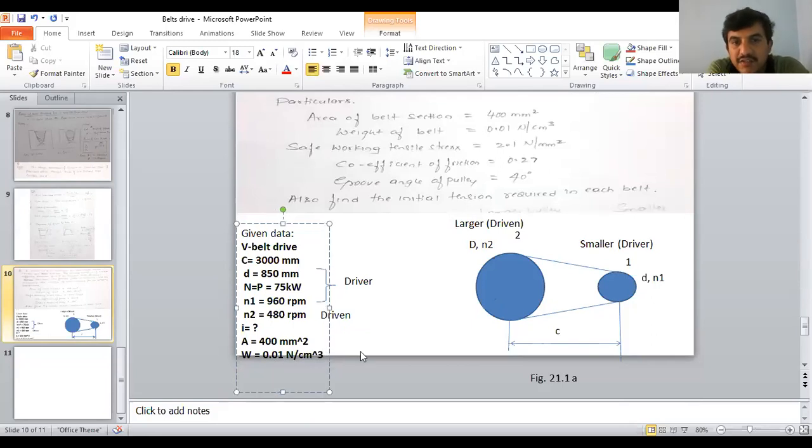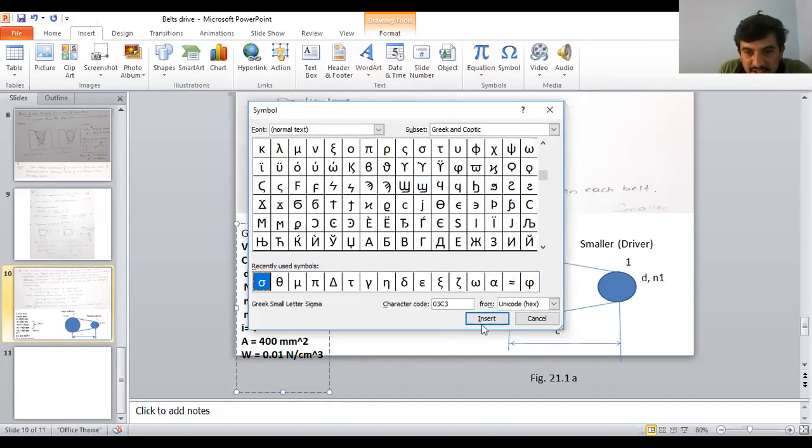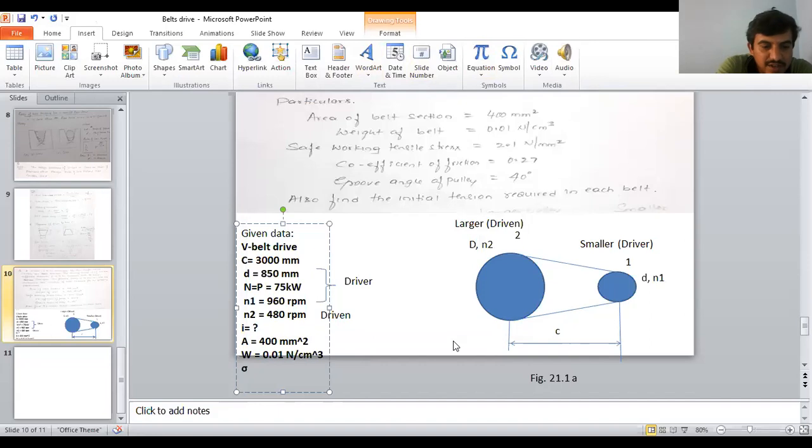Next, safe working tensile stress. Do you know what it is? Stress is represented as sigma, right? What is safe working stress? Can anyone tell me? Sigma 1, sigma 2, or sigma naught, sigma C? Safe working stress, all over stress. Yes, sigma 1. That is equal to